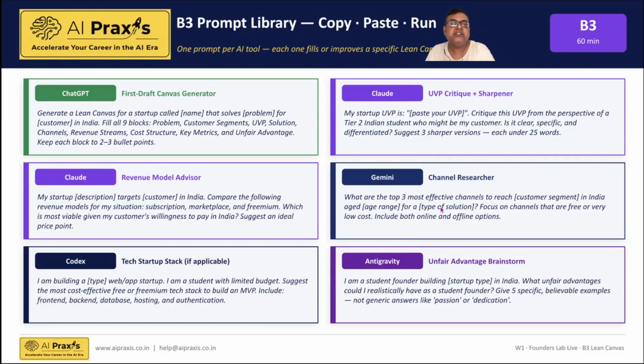A price that works in the US may not work in India. Likewise, pricing for school students is very different from pricing for businesses. Good entrepreneurs always consider the customer's purchasing power before deciding on a pricing strategy. Okay,